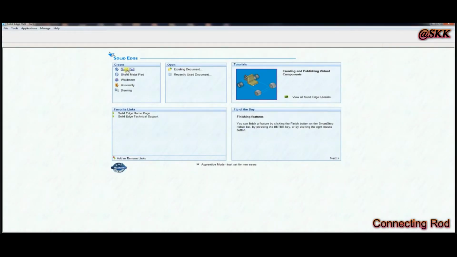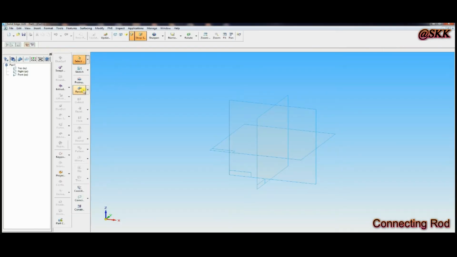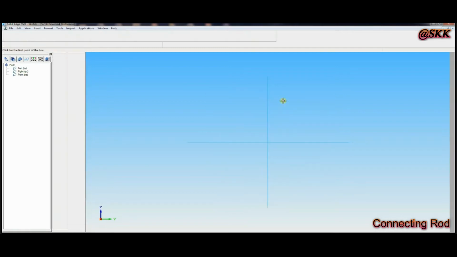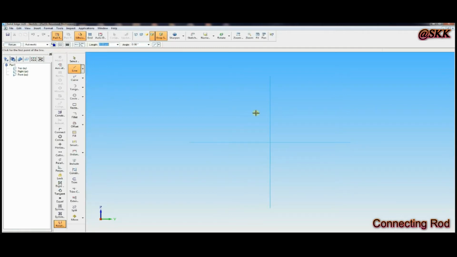So first we'll go for Solid Edge part. In that, revolve protrusion, select right plane. Then first you have to draw one line. Make it a straight line, any length. Then go to connect command.